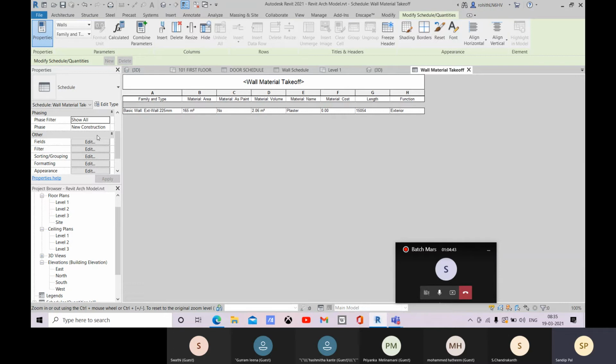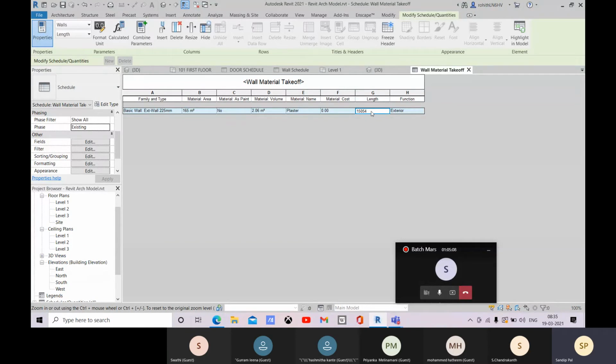Okay, so let me define this phase as existing now. Okay, so here you can see we have for this one material area is this for your plaster. You have this much of volume for this plaster, and the cost you haven't added, as I have told you,